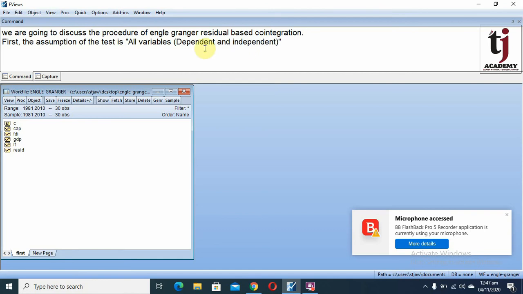All variable means all dependent and independent variables are stationary at first difference.